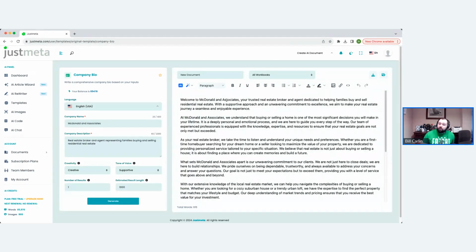Welcome to McDonald's and Associates, your trusted real estate broker and agent dedicated to helping families buy and sell residential real estate. With a supportive approach and an unwavering commitment to excellence, we aim to make your real estate journey a seamless and enjoyable experience. At McDonald and Associates, we understand that buying and selling a home is one of the most significant decisions you will make in your lifetime. It is a deeply personal and emotional process, and we are here to help guide you every step of the way,